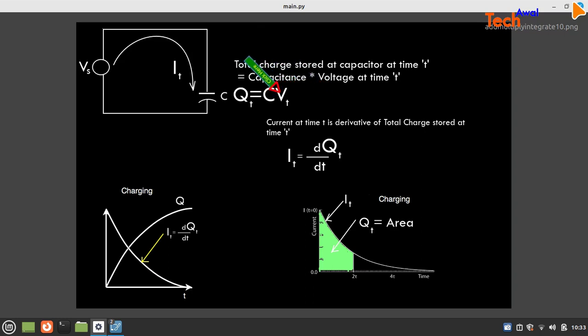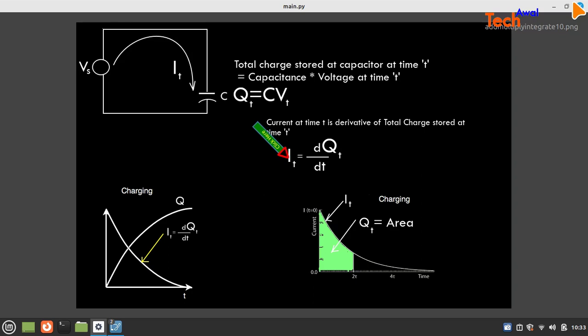If I know the voltage, I know the Q. Then I differentiate C dq by dt and find the I theoretically. If I differentiate the Q, then I find the I. Once I find the I, that would be the theoretical I from the formula, and that will corroborate with the actual